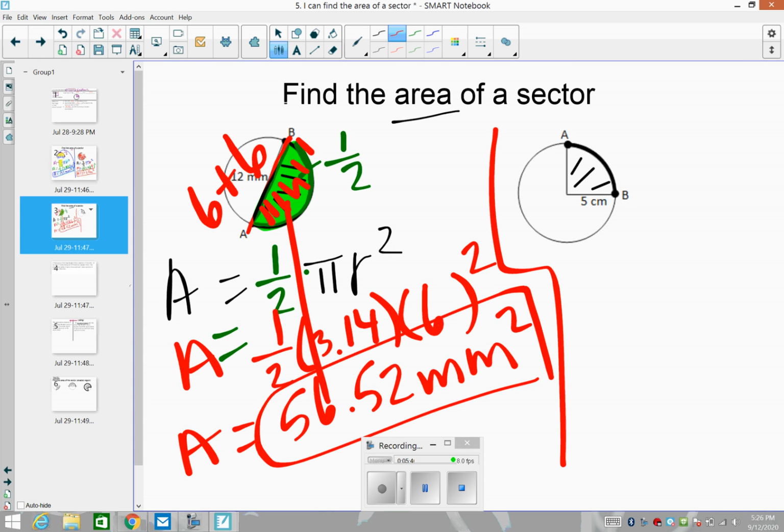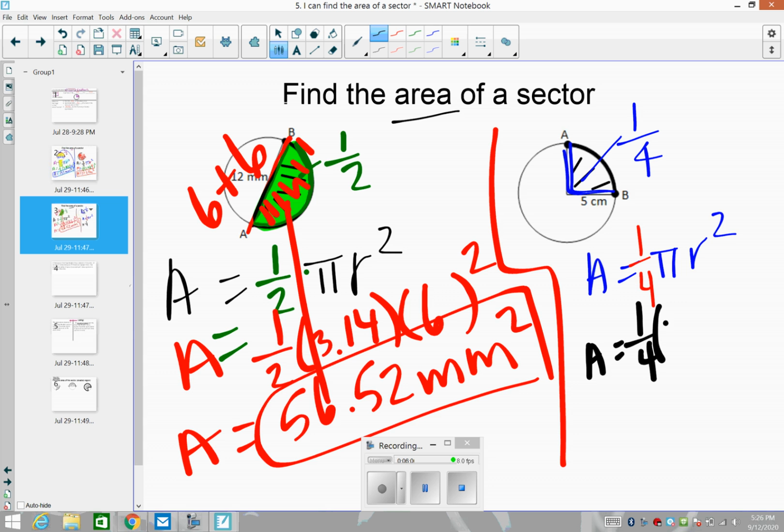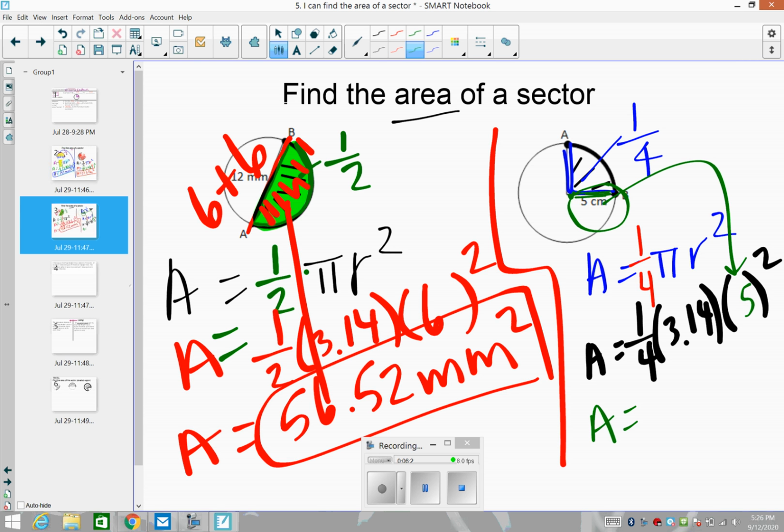All right, we're going to do this one, then we're going to attack a word problem or two. Area of this circle here, we're talking about this section of the circle, one fourth of the circle. So area is measured by pi r squared, but we don't have the entire circle. We have 1/4 of it. So 1/4 times 3.14 times the radius squared. Well, the radius goes from center to rim, so the radius is 5. So the area of 1/4 of that circle